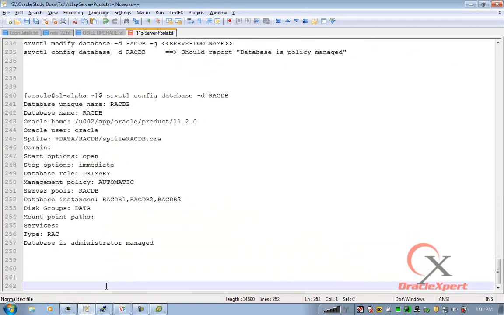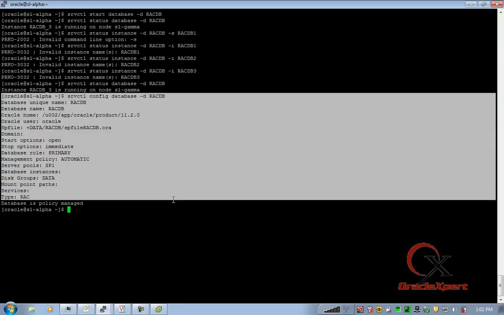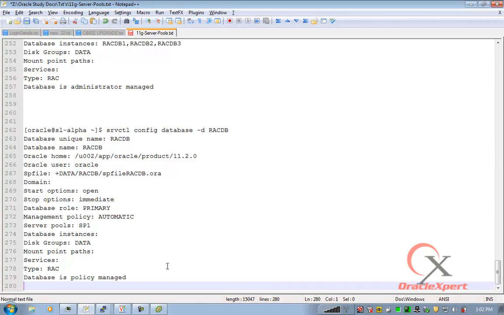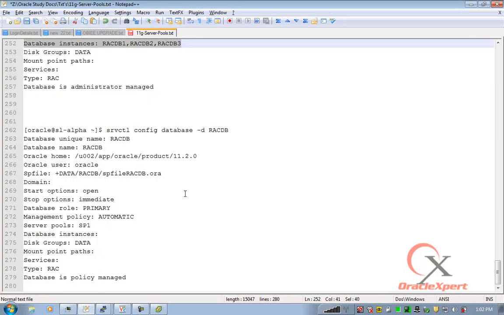This was my admin managed policies, and this is the output of my policy managed configurations. Database is policy managed, database was administrator managed. Database instances. Clear? So it will all automatically be managed by Oracle now going forward.